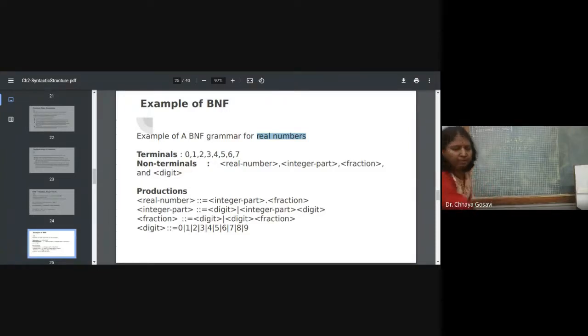So real number you can see here, it is in BNF form. So non-terminal symbols are real number, integer part, fraction and digit. And these are the terminals: 0, 1, 2, 3, 4, 5, 6, 7, 8 and 9. So it can be any digit between 0 to 9. So first we have to define a digit. Digit is any character, it can appear more than once, 0 to 9.